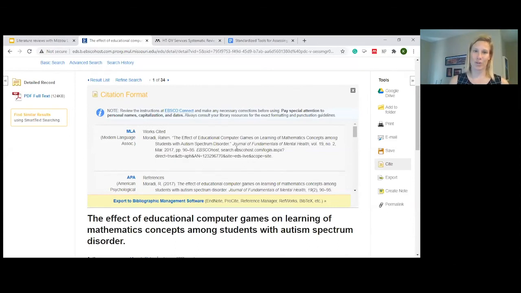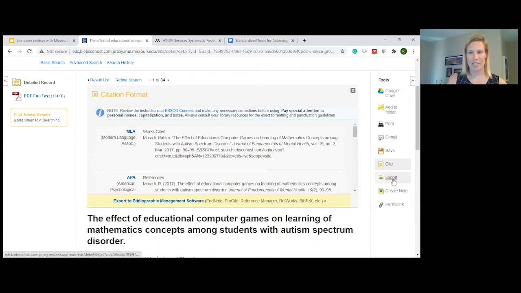However, if you're doing a literature review, pulling citations individually like this is pretty time consuming. And it also isn't a great way to organize your research. So instead, we really like to talk about citation management tools the libraries support too, Mendeley and Zotero. You may have heard of EndNote, but that one's not really free, so I prefer marketing Mendeley and Zotero. And these citation management tools will literally write your bibliography for you. You can organize your information, organize your research, and then when you're writing your paper, you just keep hitting add citation, it pulls the citation for you, and at the end it writes your bibliography. Super easy, saves yourself a lot of time.